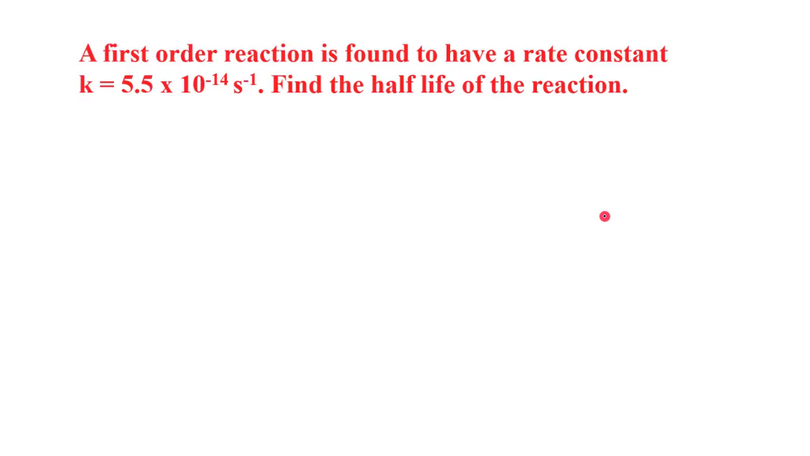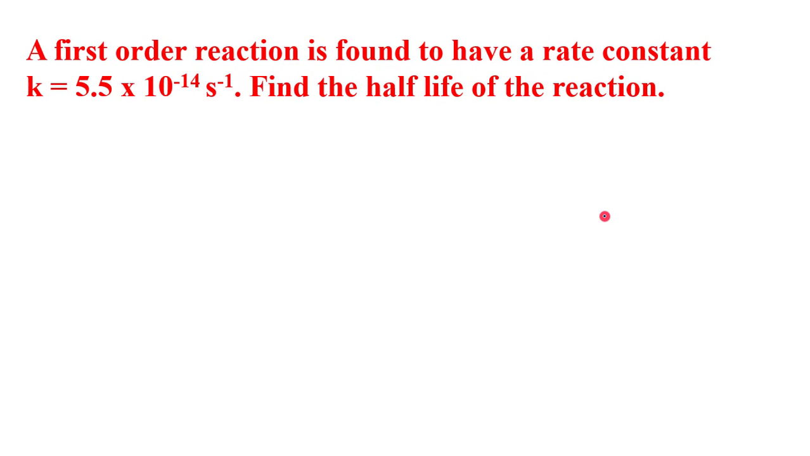Next, a first order reaction is found to have rate constant as 5.5 into 10 raised to minus 14 per second. Find the half-life of the reaction, right? K value is given to you. It is 5.5 into 10 raised to minus 14 per second. You are asked to calculate what? Half-life. Again, the same. T half is equal to